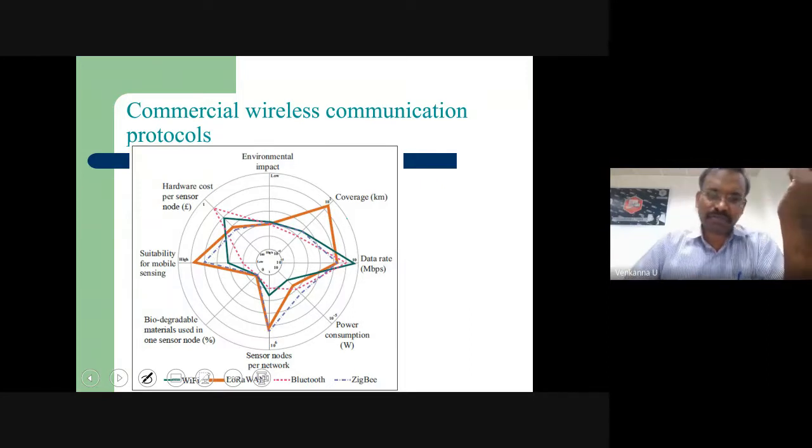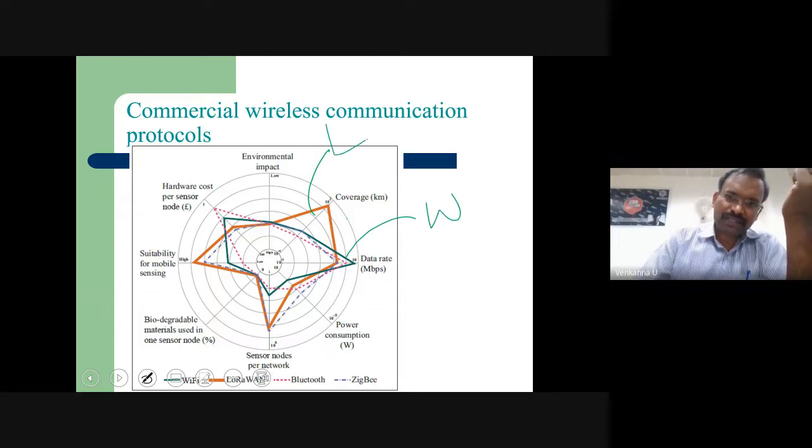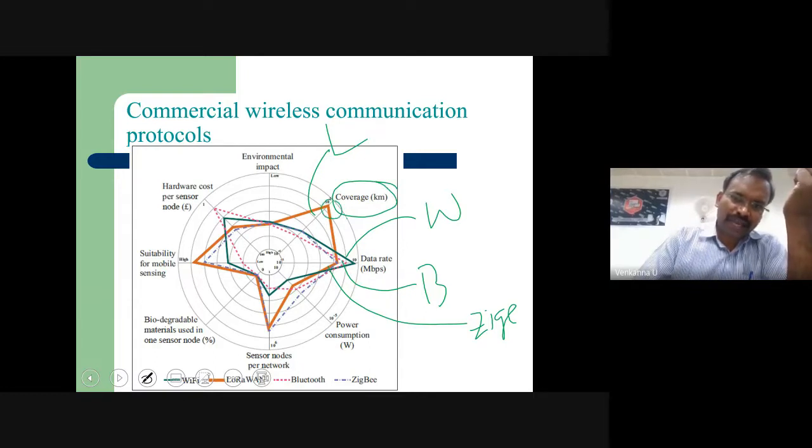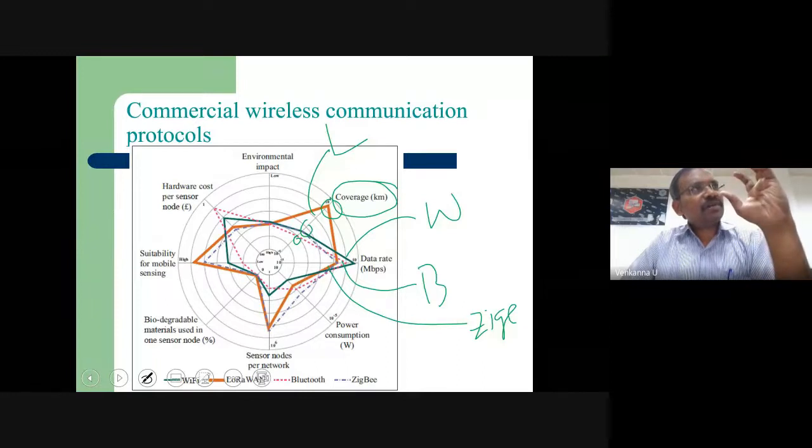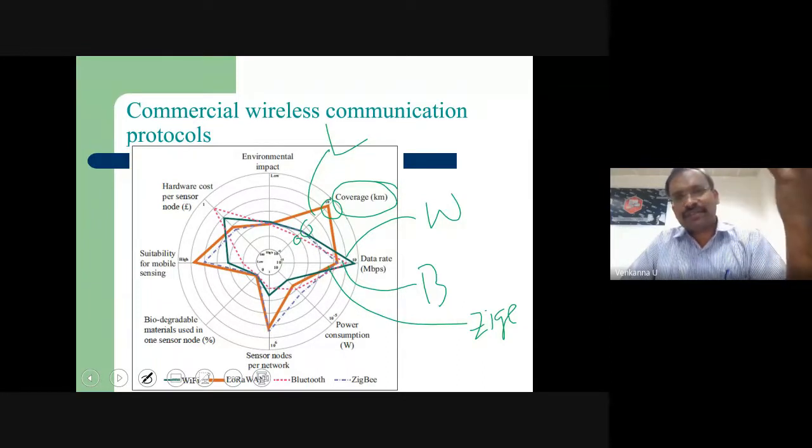Here, some research paper talked about this. This is about LoRa. This is about your Wi-Fi. The next one, this pink color, is going to talk about Bluetooth. Then another color is going to talk about Zigbee. Here itself it is very clear. When you come to the coverage aspect, LoRa has the highest coverage, then Zigbee, then Wi-Fi, then Bluetooth. Whatever IoT prototype you are developing, if it requires large coverage, then obviously you need to go for LoRa only.